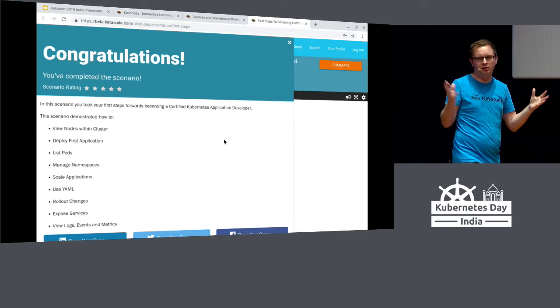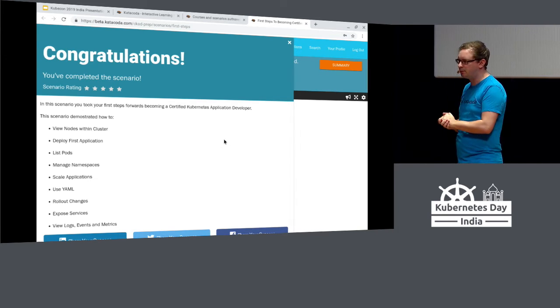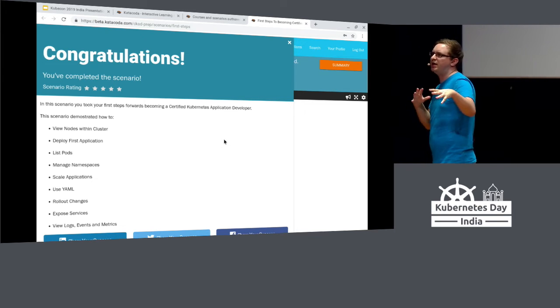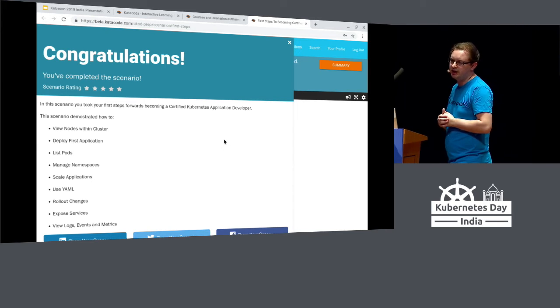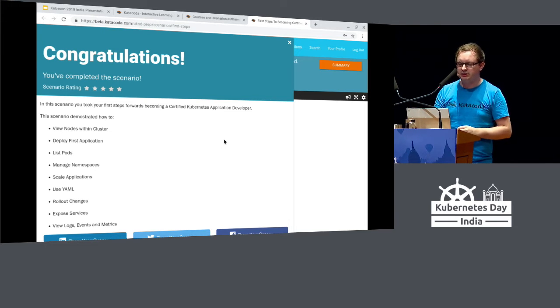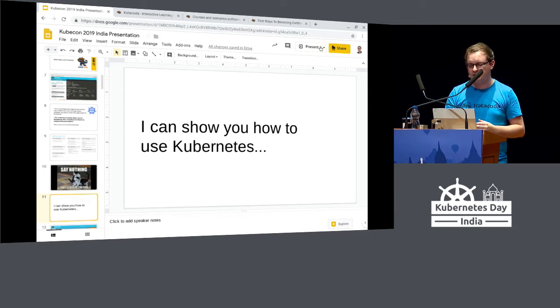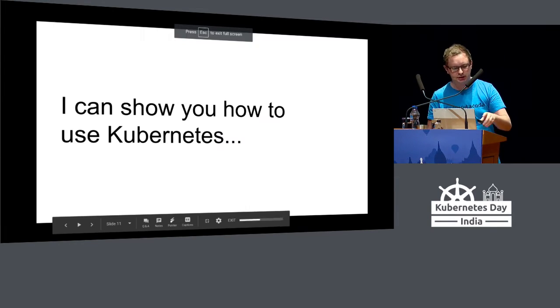You'll need to be able to understand how to deploy applications, how to create deployment objects and resources, how to manage pods and understand what pods exist, what namespaces exist, scaling applications, your day-to-day deployment, day-to-day operations of being an application developer on top of Kubernetes.